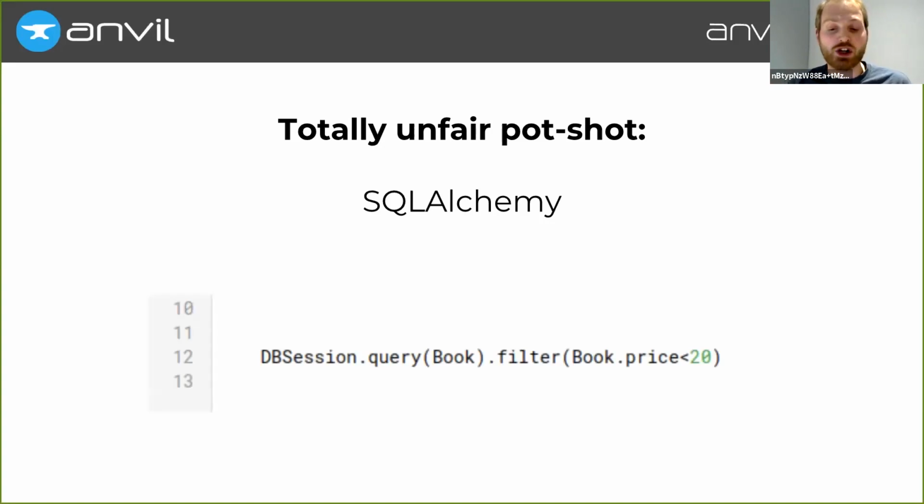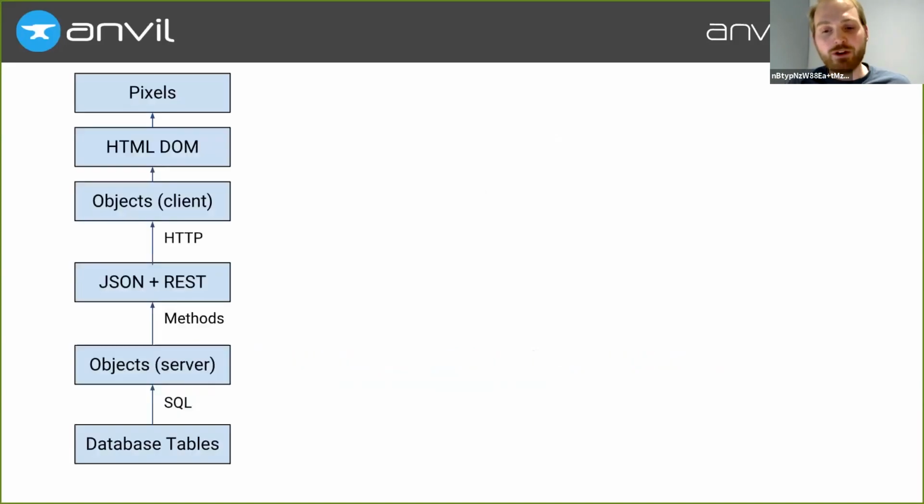I mean, it lets you write expressions like this. Query for books, filter where the price is less than 20. That's nice. But the process of getting from this Python expression to SQL that you can run against a database is black magic. We're talking meta classes. We're talking standard Python operators overloaded to do something completely different to what they normally do. It's cool, and it's okay if you do it once. But if you have this level of magic at every layer in this stack, you are in for a bad day. But of course, that's exactly what we do.